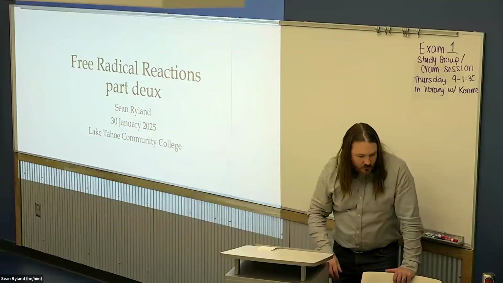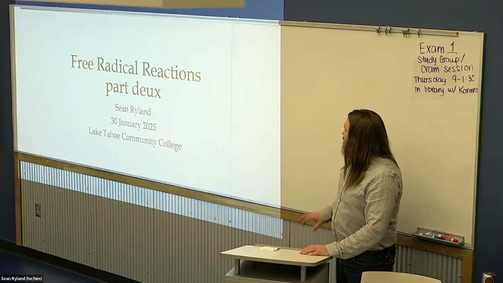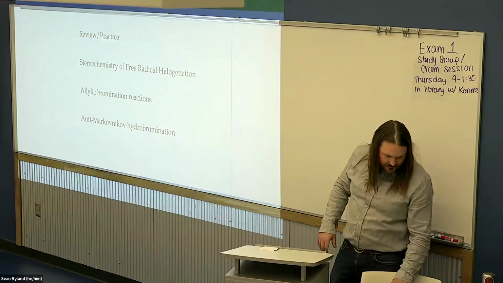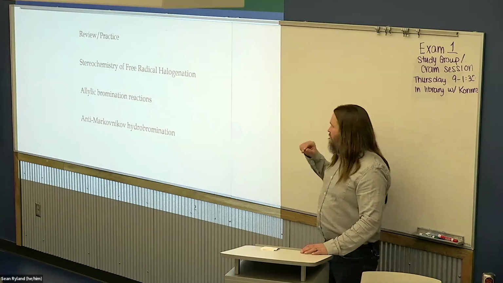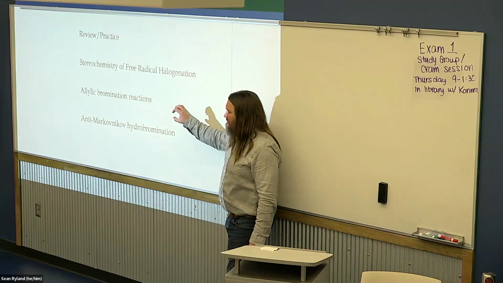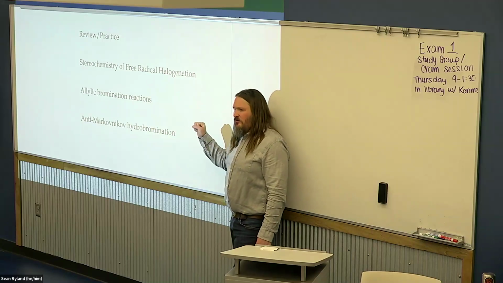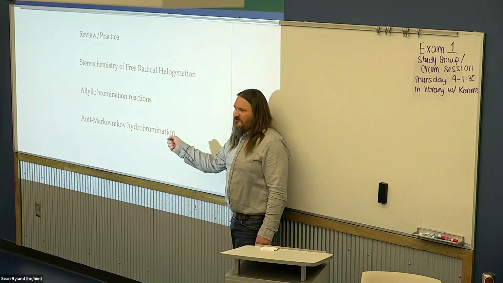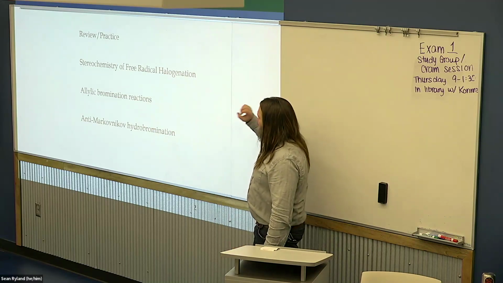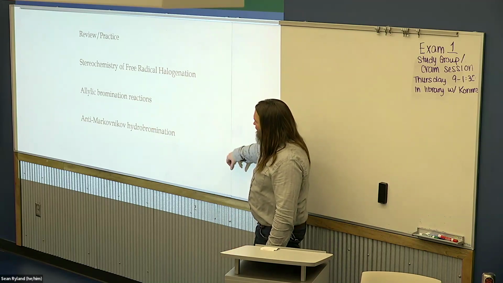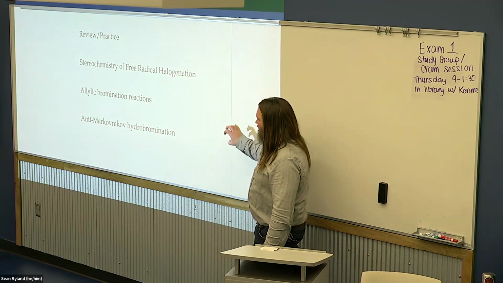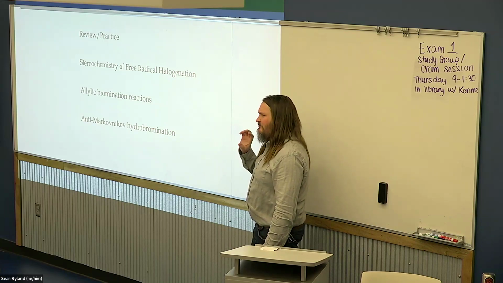So we're going to continue on with more free radical reactions. We'll talk a little bit about stereochemistry of the free radical reactions. And then we're going to add the two most free radical mechanisms, which follow something pretty close to what we talked about for the halogenation, where it pulls the hydrogen off and replaces it with a halogen. The allylic bromination and that anti-Markovnikov hydrobromination both have very slightly different mechanisms, and there's some other variables we